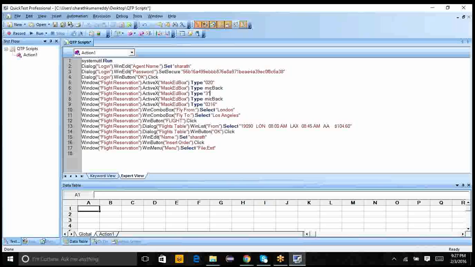QTP has recorded only the step where you have entered the value as username in your login window. So why have these steps been missed out? The reason is that this QTP 10 version is not compatible with Windows 7, Windows 8 and Windows 10 machines.